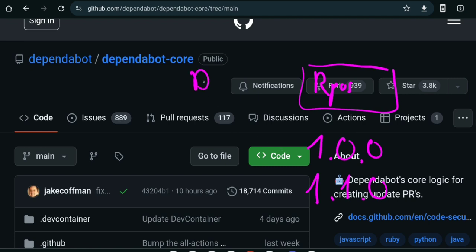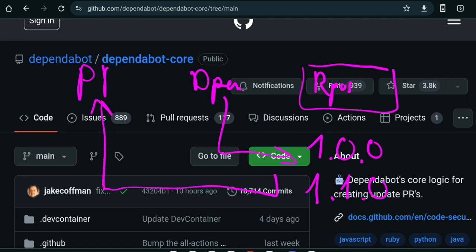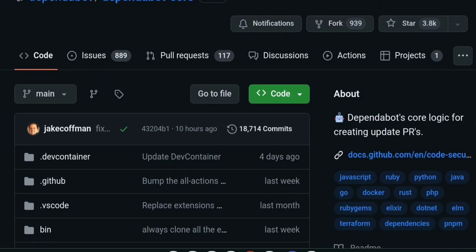So Dependabot will scan your files, and then open you a pull request and tell you, hey, if you merge this pull request, I will upgrade this dependency. So this is a good mechanism for you to semi-automatically, in a controlled manner, upgrade your